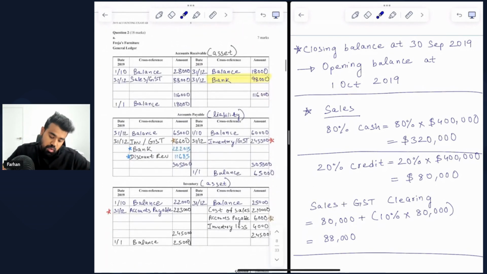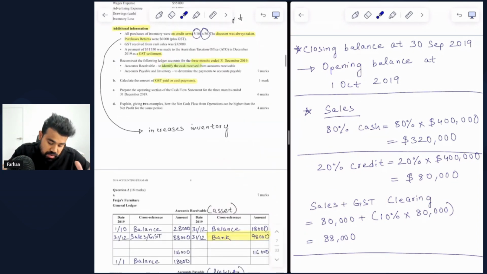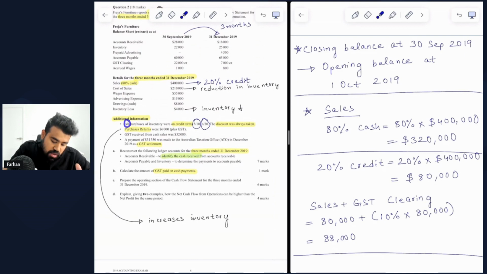So here you can see within the credit side, I've included the opening balance on 1st of October of 60,000, and also on the debit side, I've included the closing balance at 31st of December of 65,000. Now, accounts payable goes up in value when we purchase more inventory from our suppliers on credit. Based on the question that we are given, we understand that all purchases of inventory were on credit, and we